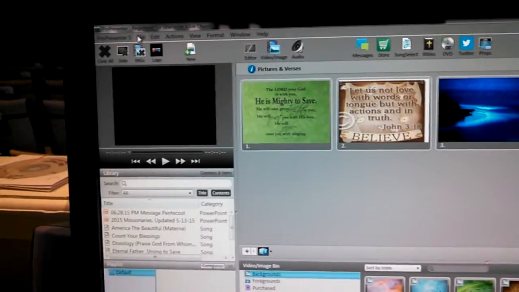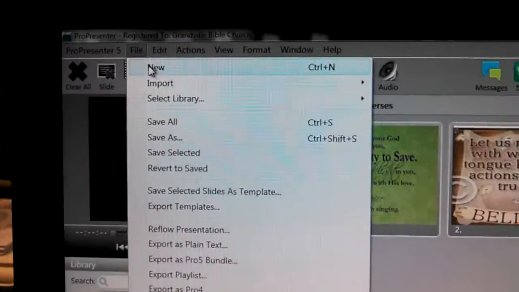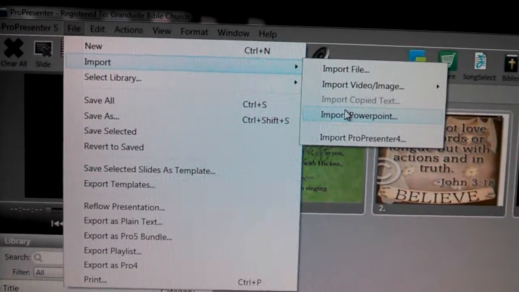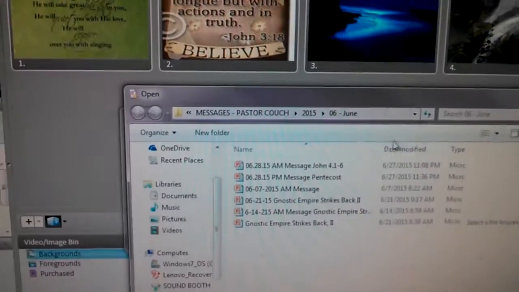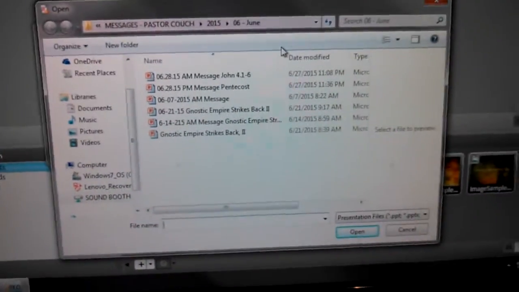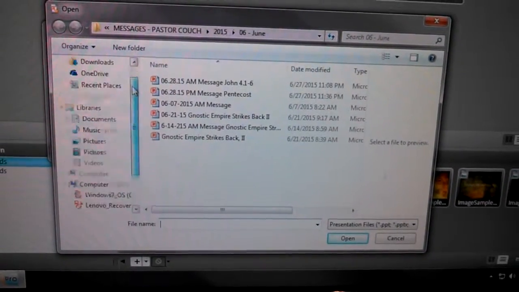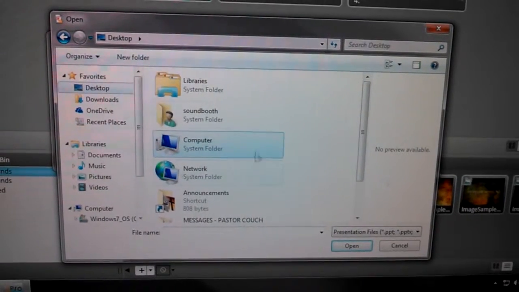Alright, now for importing, just as a refresher, it's always go to File, Import PowerPoint. Since that's just about everything Pastor does, it's in a PowerPoint. It's always a PowerPoint. Most of the songs are in PowerPoint. This is Pastor's folder. Let me take you back to square one. It was on the desktop right here,